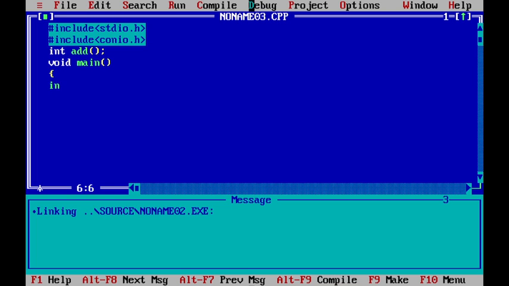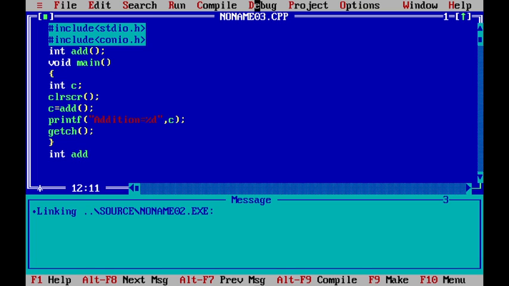Now take integer c, clear the previous output, clrscr, and we assign c is equal to add, and then printf addition is equal to %d, c, getch, bracket completed.